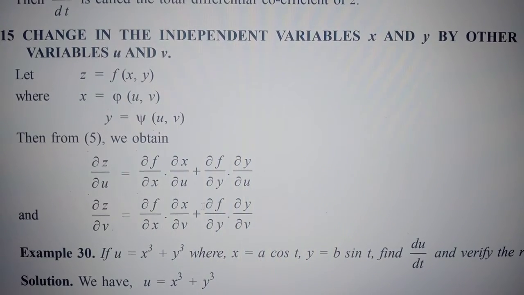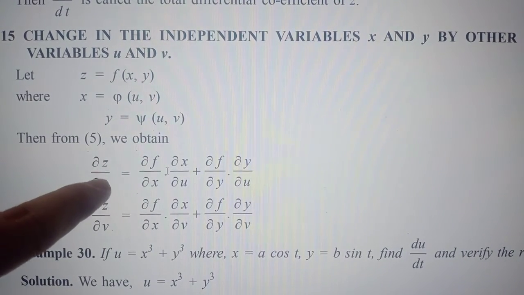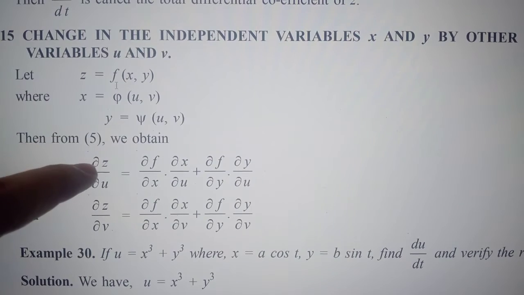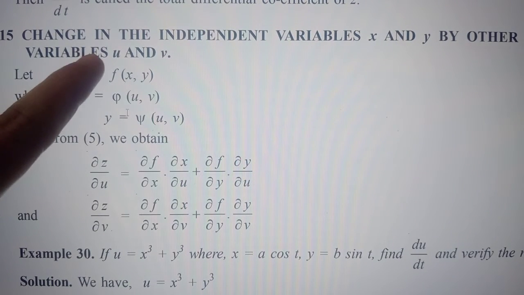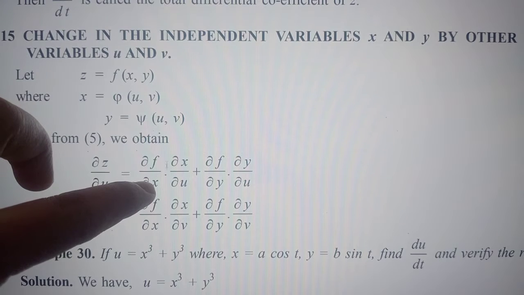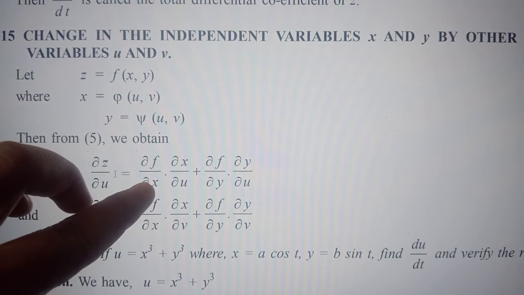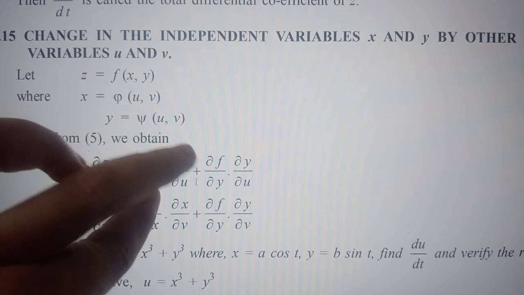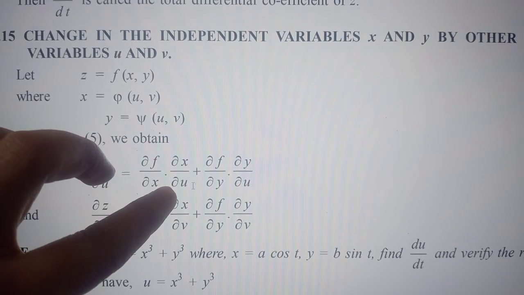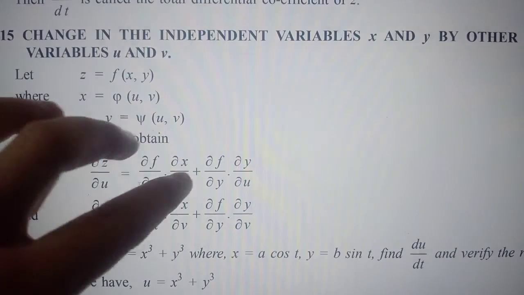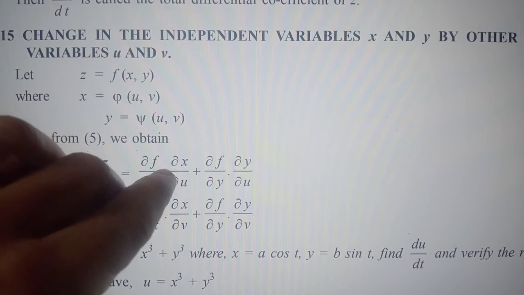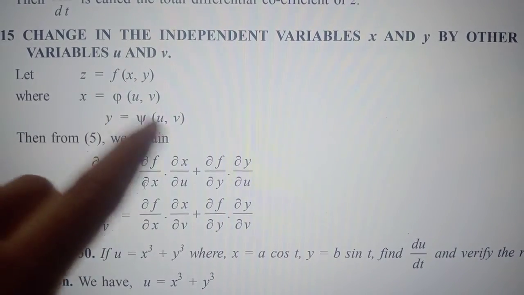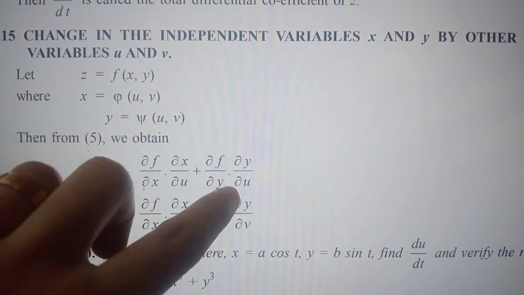So how to remember these equations by heart? You are considering the function dou z by dou u. So we are considering z is a function f of x comma y. So we have to differentiate the function with respect to x, but we know that we actually need dou z by dou u, so we multiply with dou x by dou u. So after cancelling dou x we get dou f by dou u. Actually we can't do like that, but to remember this equation we understand it like this. Okay, so after cancelling dou x we get dou f by dou u, and dou f by dou u is here.